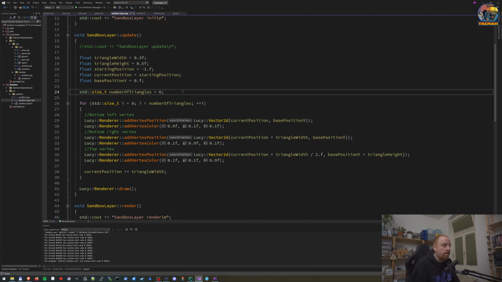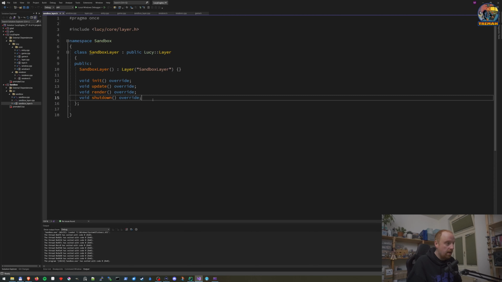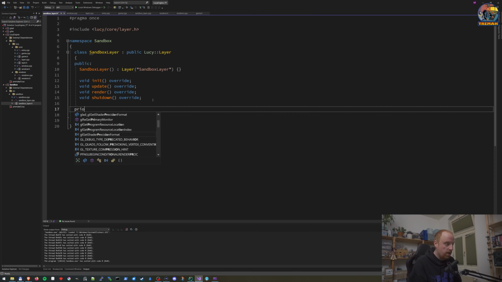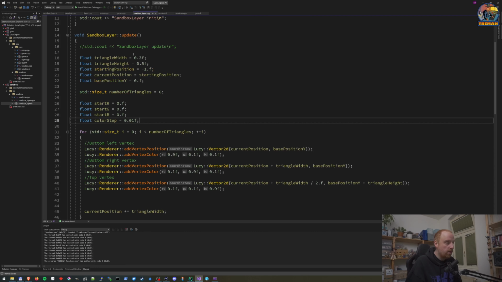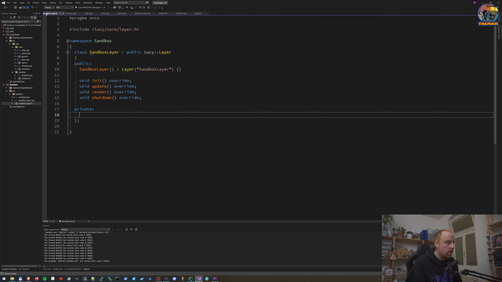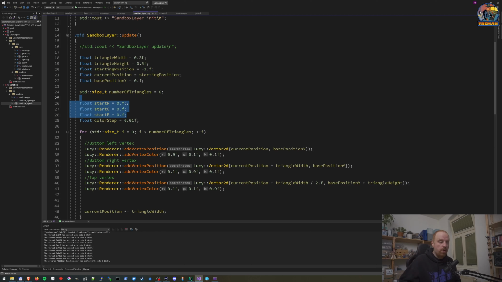And now the last part of the video, have it change over time. To do this, instead of the sandbox layer, we are going to create an object. We're just going to take these three values and make it really dirty and really cheap. And we are going to turn these into class variables. Give them an underscore, so we see that at the back. And now on every engine loop that we are doing,